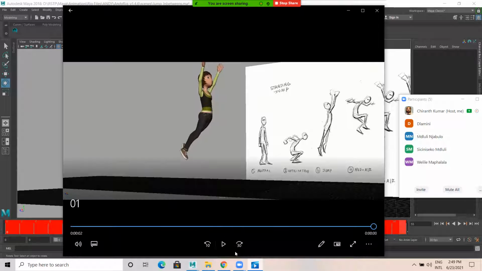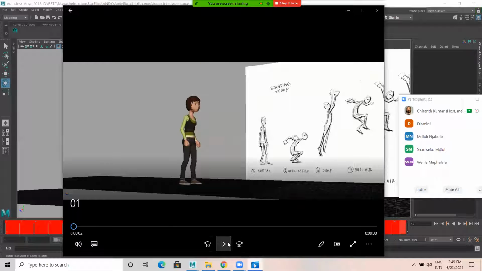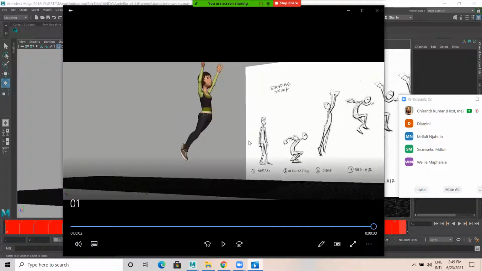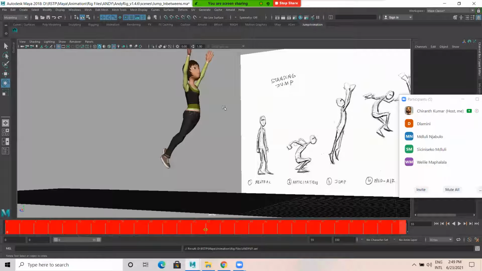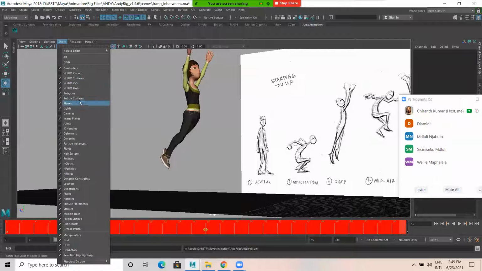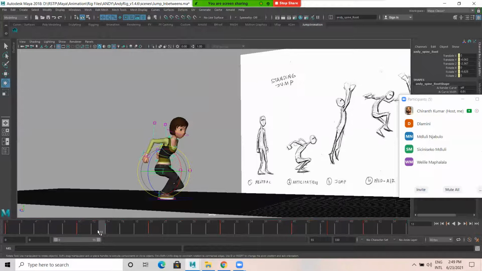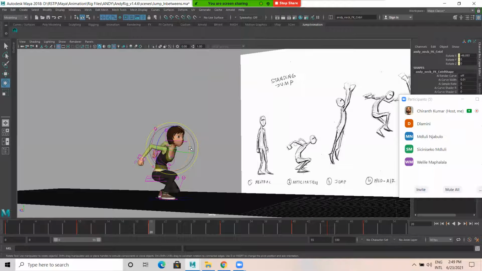Okay, we need even more push. Show curves. Okay, frame 20. This should be here.